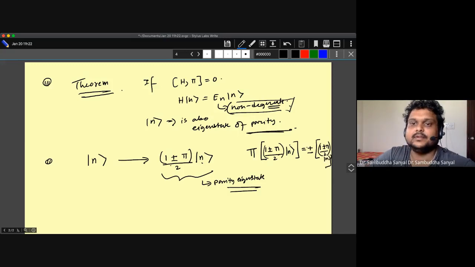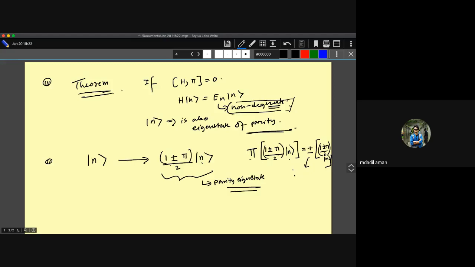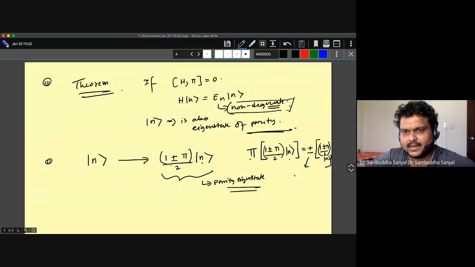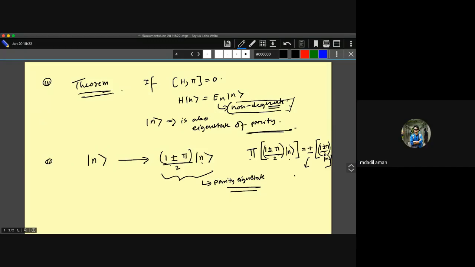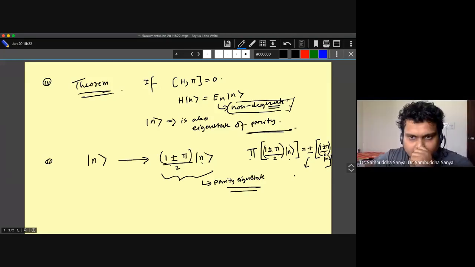This is a check I want you to do, and it tells you that it is an eigenstate of the parity operator, which has only two possible eigenvalues. Shouldn't it be minus plus? It will change the parity, right? If it is positive, it will reflect to minus, and if it is minus, it will go to plus. So Π acting on |n> will give me...